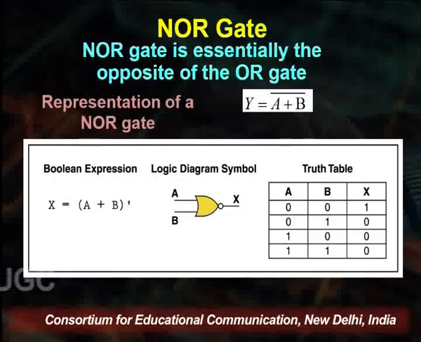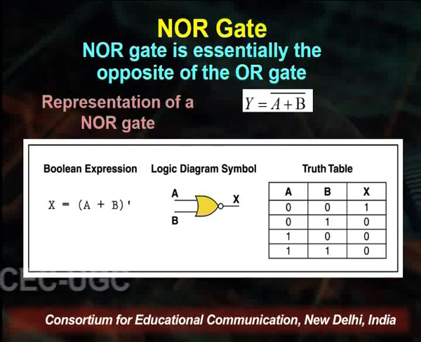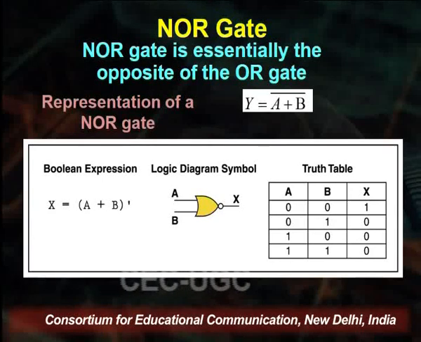So, NOR gate. What is NOR gate? NOR gate is essentially the complement of OR gate. As we understand, OR gate gives a high output for all input combinations besides when all the inputs are 0. AND gate on the other hand gives a high output if and only if all of its inputs are high. NOT gate always gives the complement of the input. NOT gate is the only gate which has a single input and a single output.